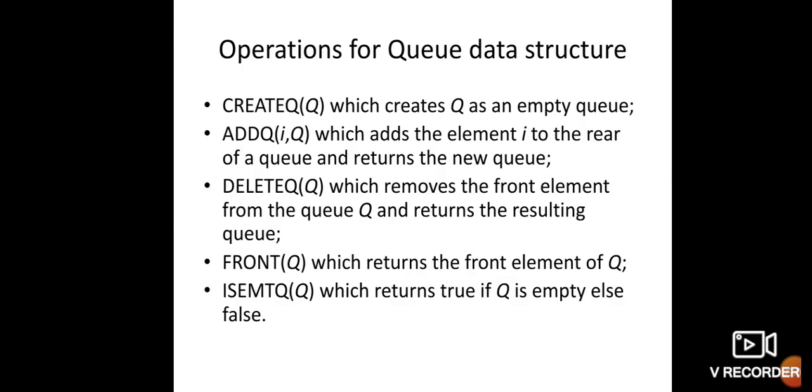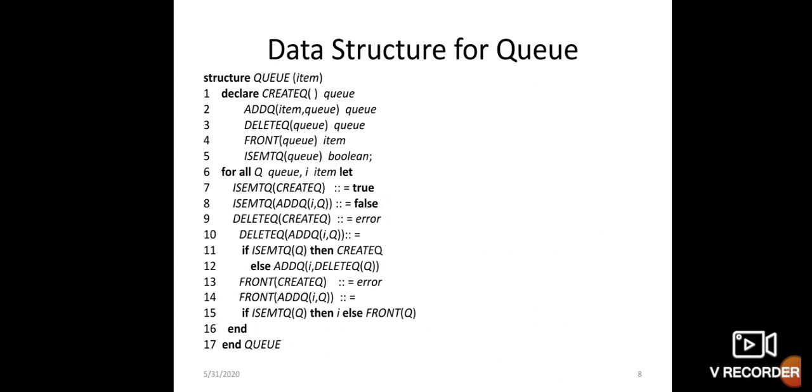Okay, then queue. Similarly, here you'll have two ends. The only difference is that in the stack you have top, and here you will have front. So what is the difference? First, we are creating a queue and then adding into the queue. Suppose you have created a queue and try to delete, it will show an error. And the main thing here is that instead of top you'll have front.